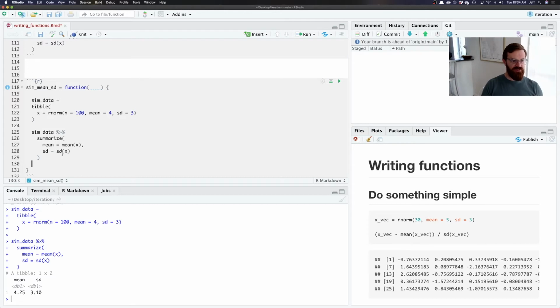This looks like it's kind of right, but my function right now doesn't have any inputs. And so what I'm going to say is I need an input sample size, and I need an input mean, and I need an input standard deviation. And I'm not going to use n, which I think is kind of standard, but here